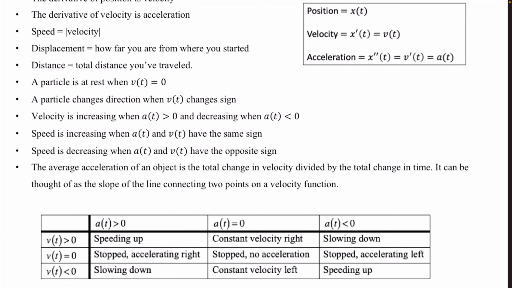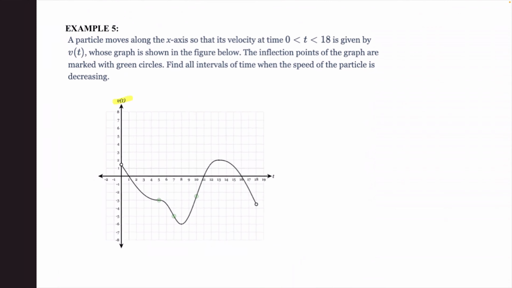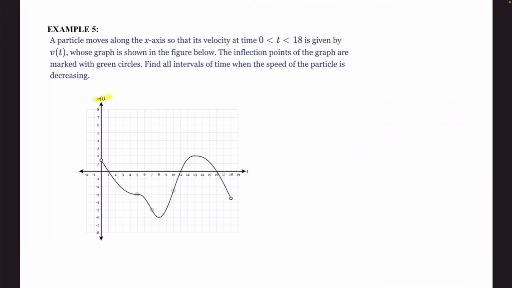Opposite signs. So we got to figure out where velocity and acceleration have opposite signs. Let me write this down so I don't forget. So those are opposites. So our first thing to do is figure out when is velocity positive, when